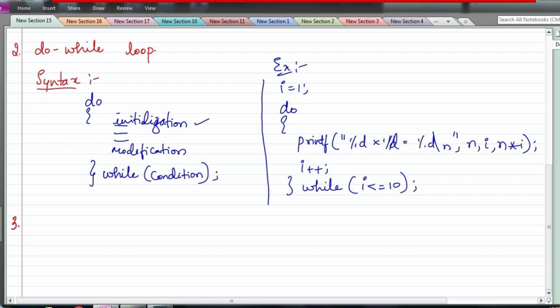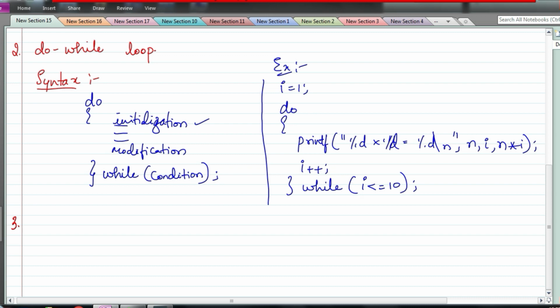So when you have different functionalities in your program, you first have to give the user a list of options. Whatever the user wants, he is going to choose one of the options, and after choosing that option, accordingly the input will be asked. So suppose you have a program wherein a set of instructions needs to be executed at least once, even if the condition is not true. In such situations, we are going to make use of a do while loop.